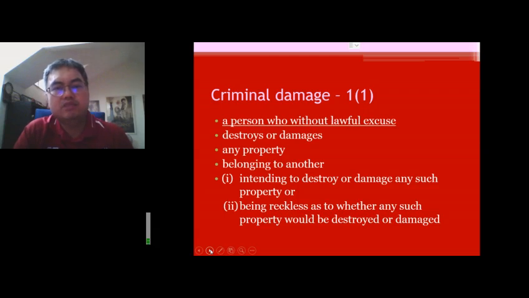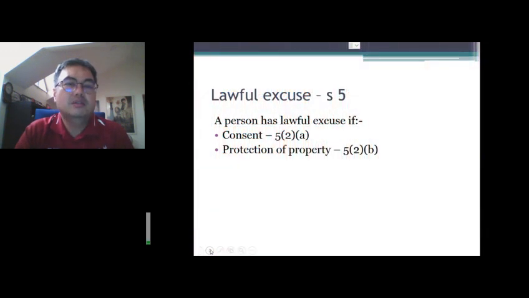Now you see that section 1 starts off with saying that a person must, without lawful excuse, have destroyed or damaged property belonging to another without lawful excuse. And lawful excuse is actually provided for under section 5 of the Criminal Damage Act, where it is provided that a person is said to have lawful excuse if he damaged or destroyed property having consent from the owner, or